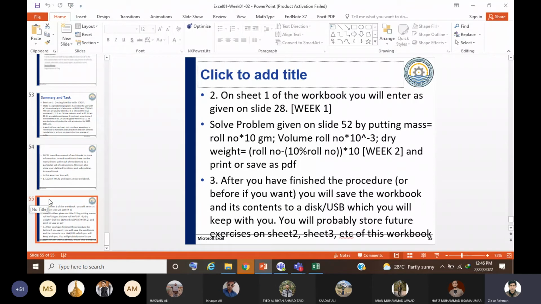In the next week, when you come to the university, obviously we would have the physical classes. In the physical classes, we would go with the second module, and our strategy would be the same: first we would discuss all the detail in class in the theory part, and then I would give you an assignment related to that theory part, which you have to do in your lab part. In your lab part, first I would give you the time to do that exercise, and then I would evaluate you at the end of each class and give you marks, which would be part of your final evaluation.